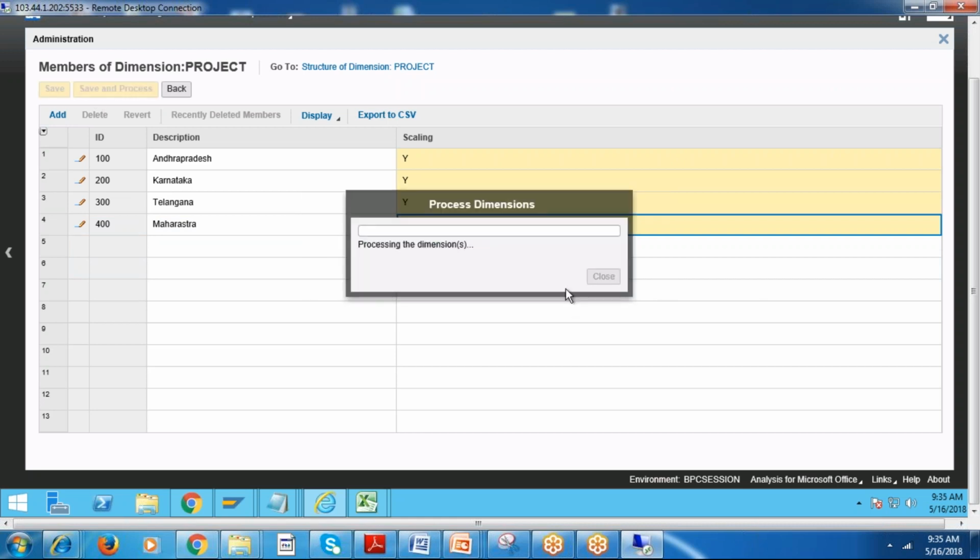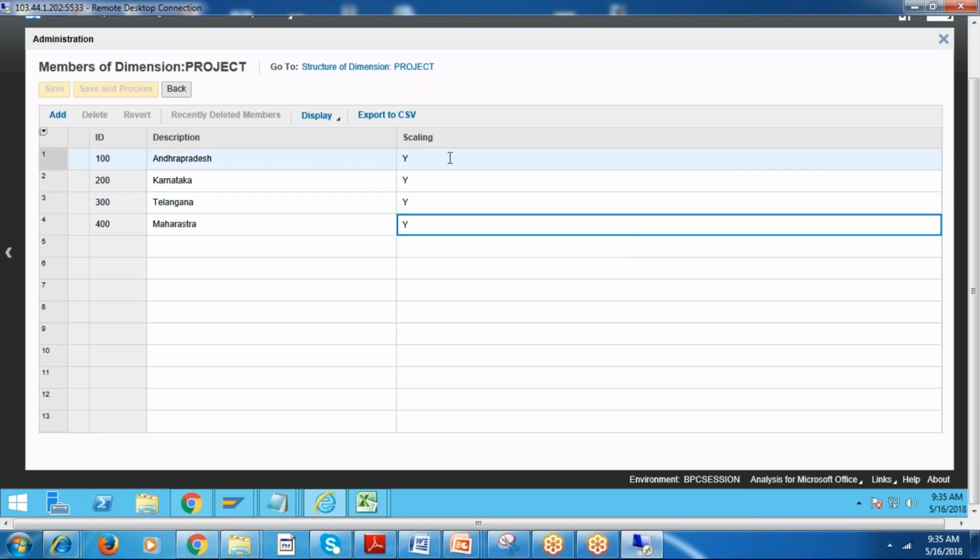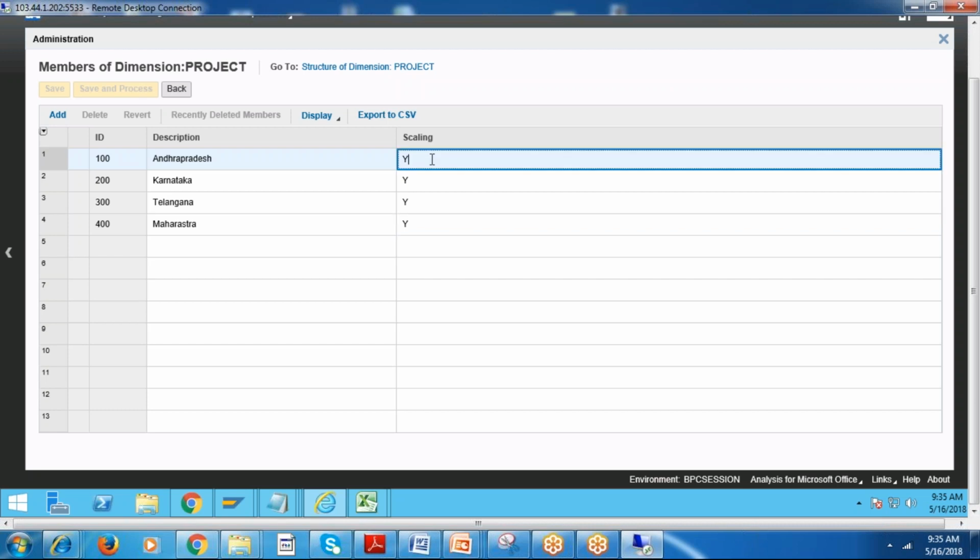Scaling is a property used in reporting. When we do the reporting, we will call these members and show these values, whether we need to show them in millions or in thousands. It will scale up these values. If you look at a published balance sheet, it will give values in thousands or millions, and they write it at the top of the column, right?